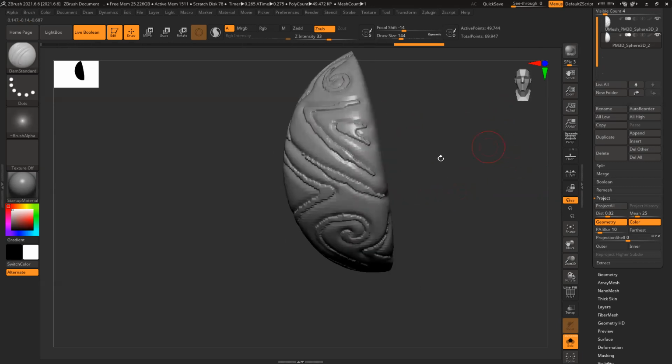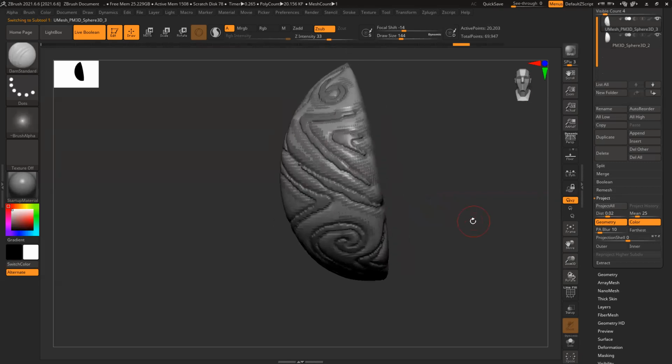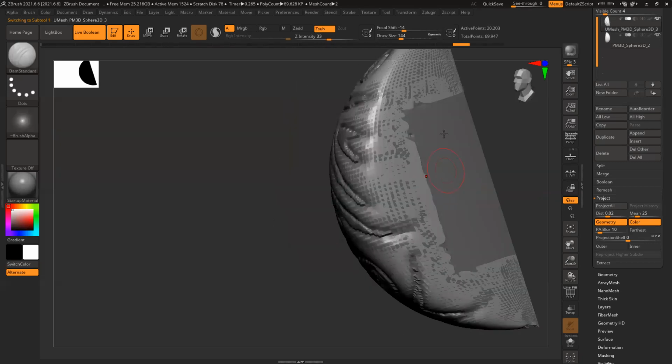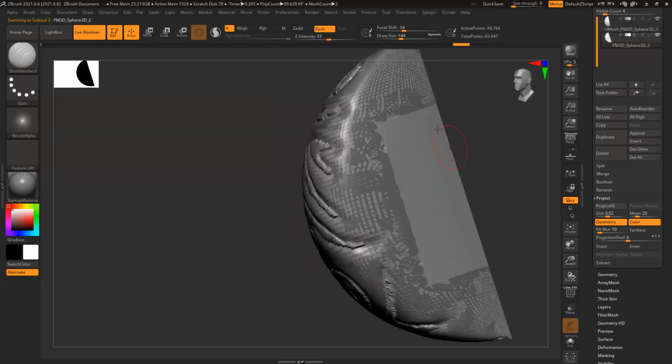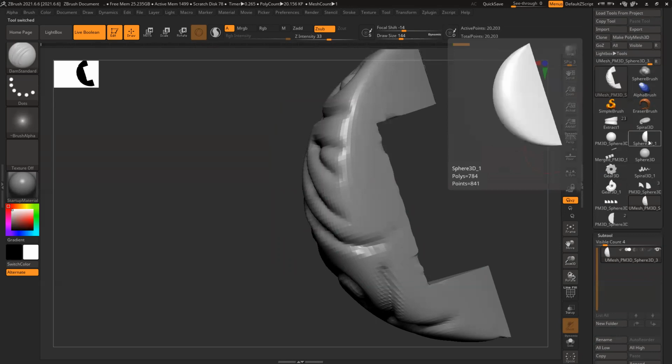But you can see what is happening here is the base shape, this model. Okay, this is the wrong model. I want this.